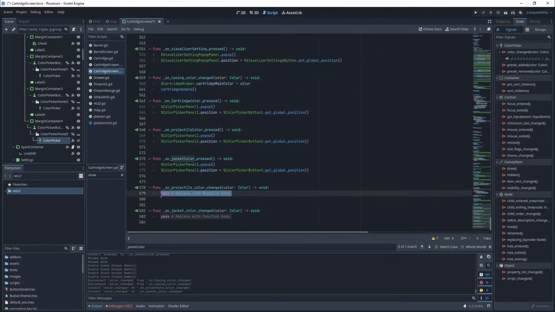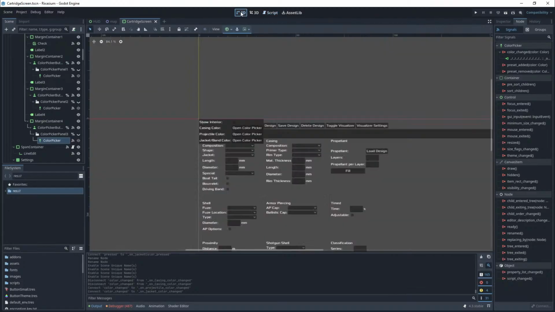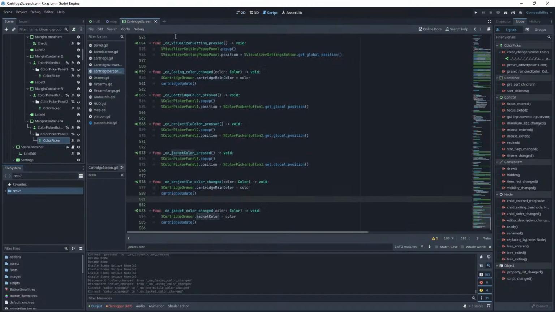Dude. What is going on here? You don't have a projectile cover yet. So you have jacket color. Very nice. And then we also need to change